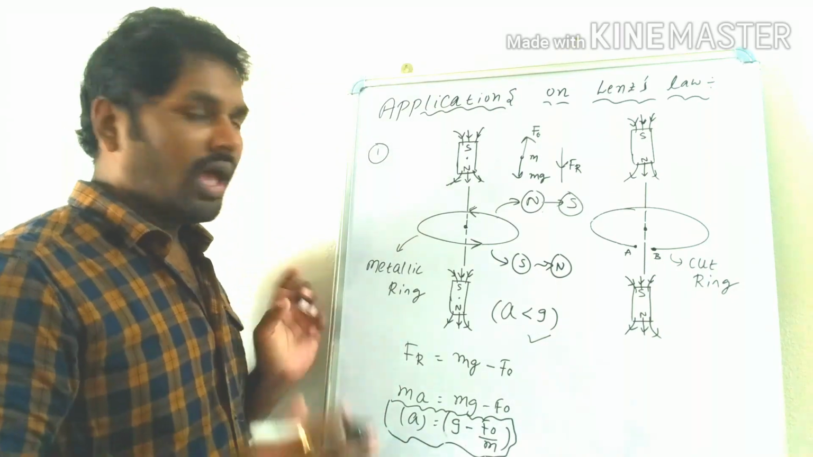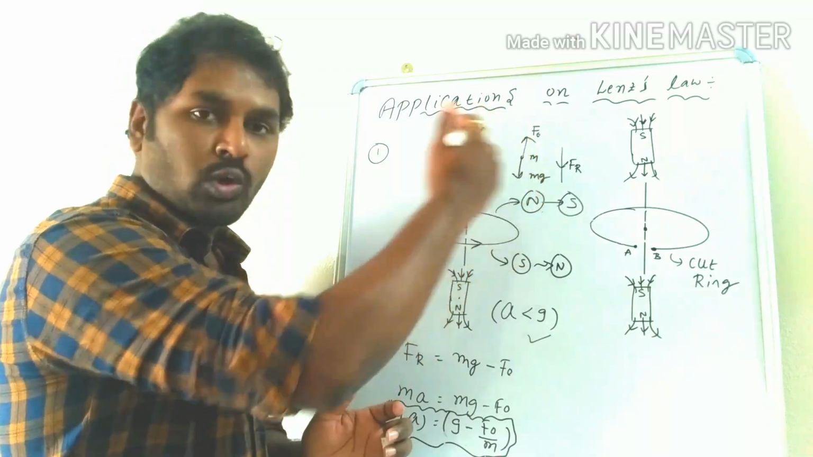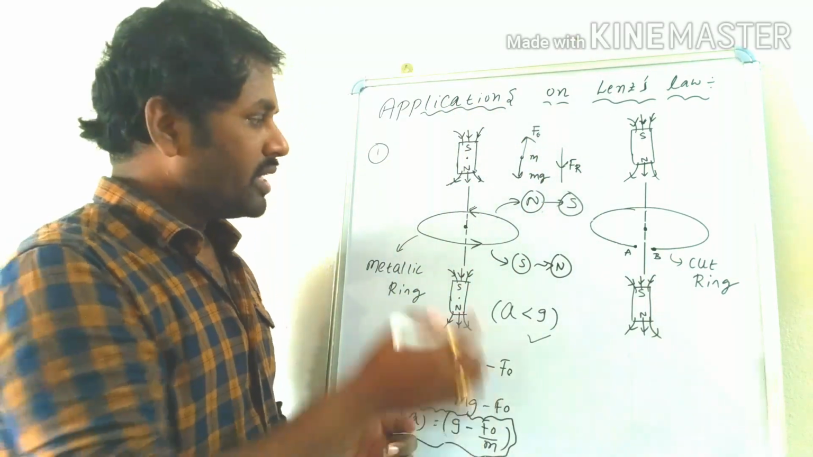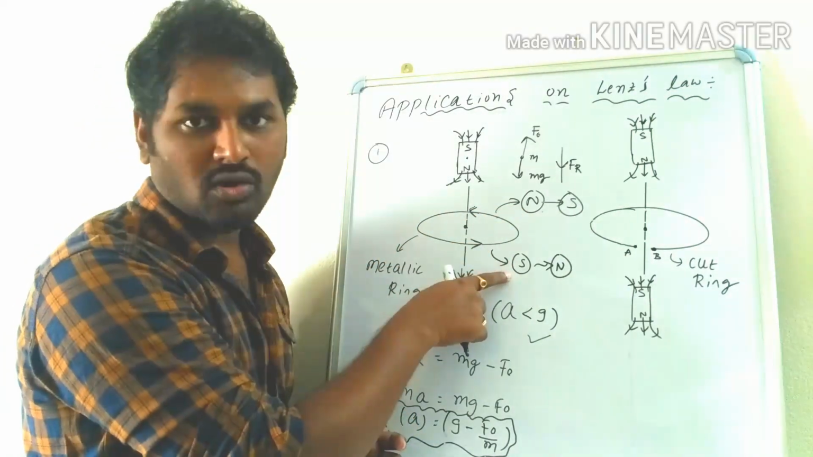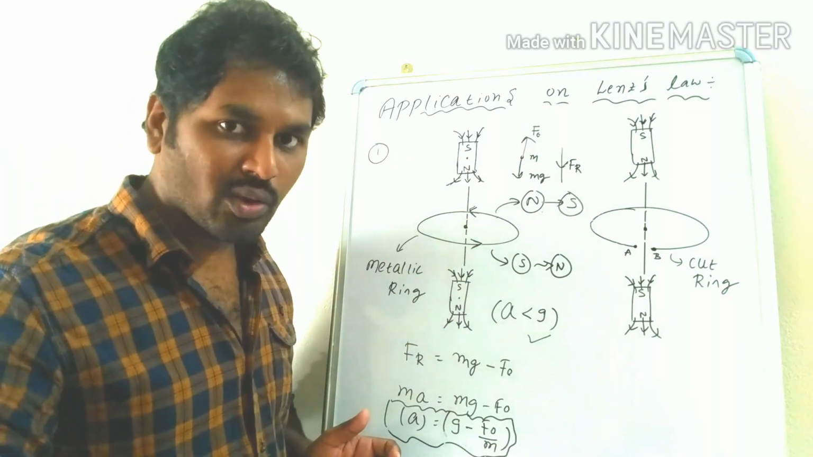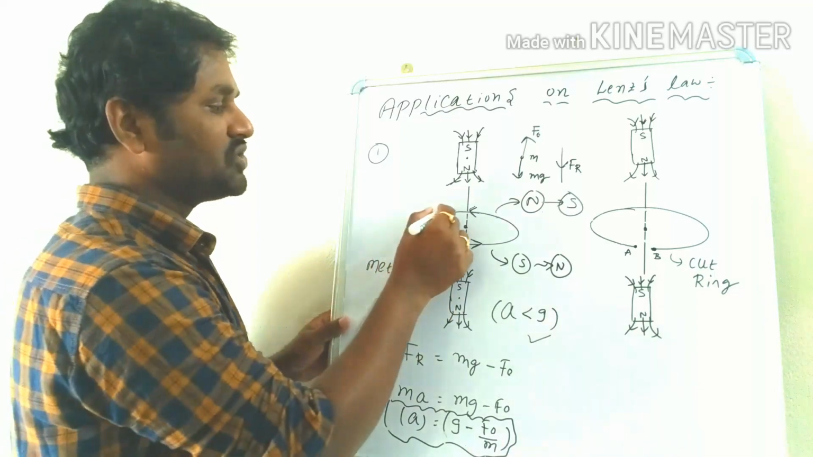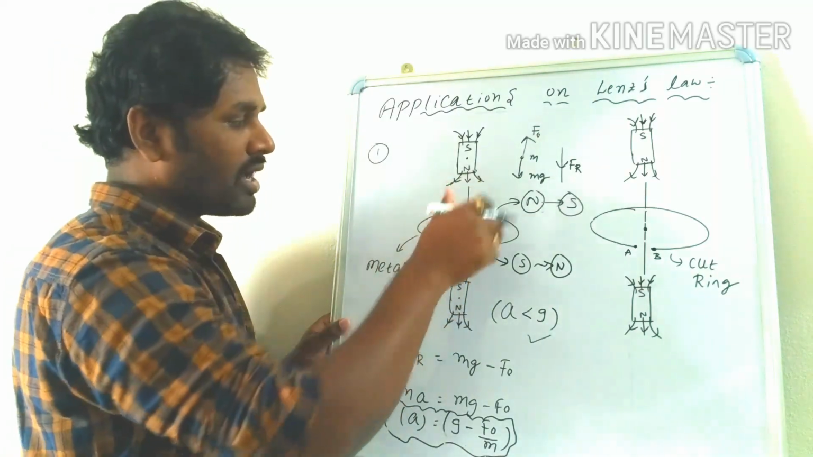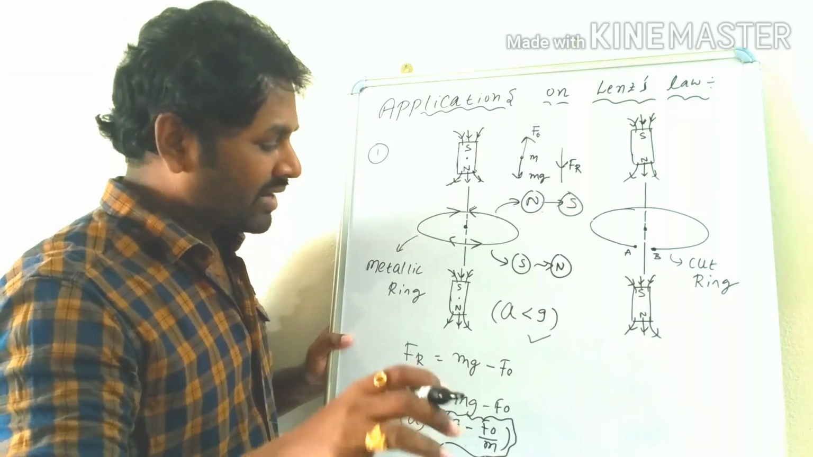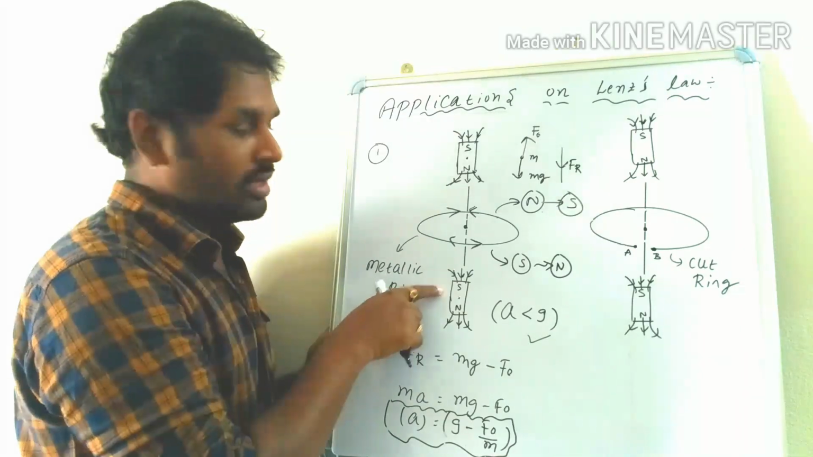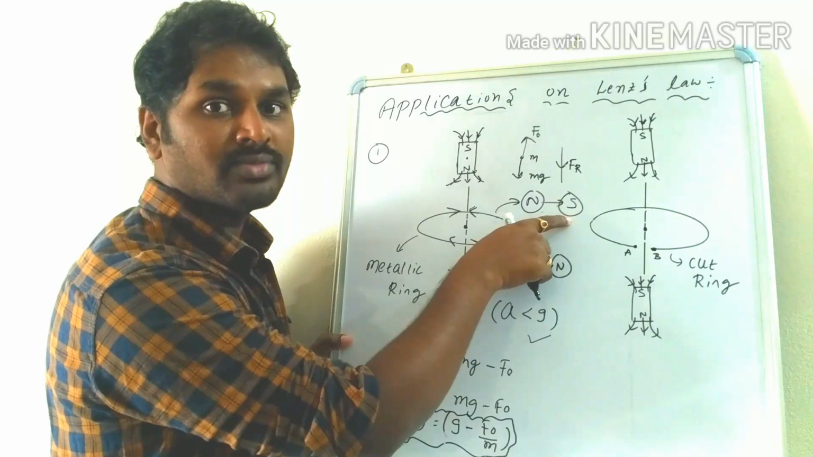So what you can say, as the magnet is above the metallic ring, when it is approaching the metallic ring, the upper face of the coil is north pole and the lower face of the coil is the south pole. Once the magnet crosses this metallic ring, the direction of induced current is reversed. You can see here, it comes in the clockwise direction